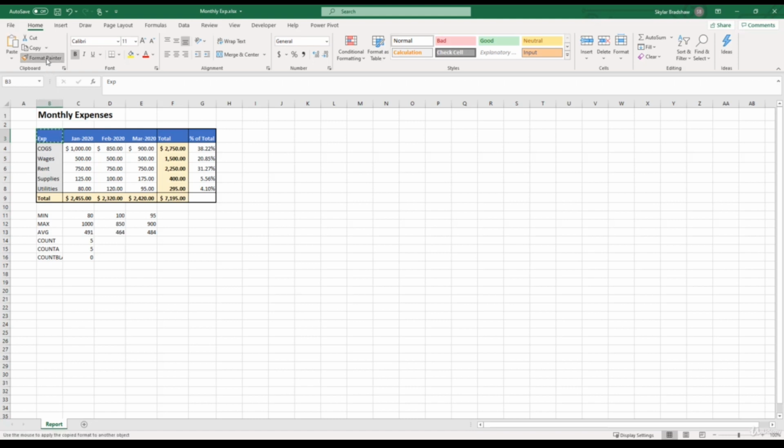And once we give it a click, we can see the marching ants around the cell that we're going to copy. And if you notice, now our cursor has a paintbrush tool next to it, which signifies that we are currently copying the format. So if I go back down to B11 and give this cell a click, watch what happens. Now the cell has the blue fill color, the white bold text, and the thick border on the top and left side of the cell, and the thin border on the bottom and the right side of the cell,